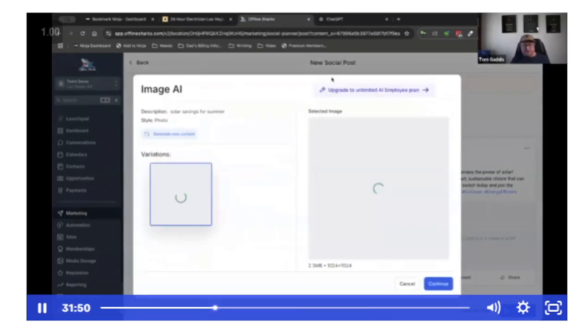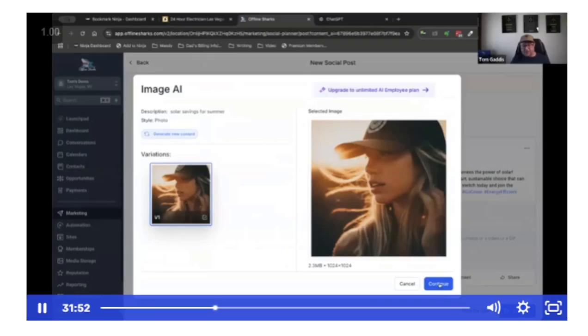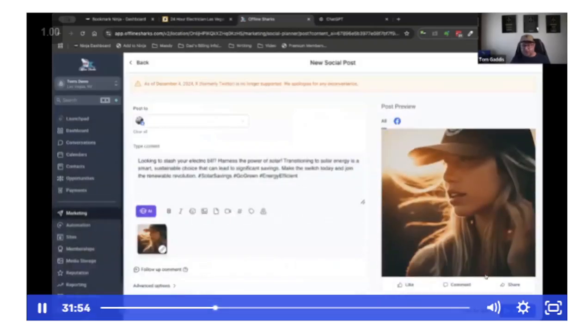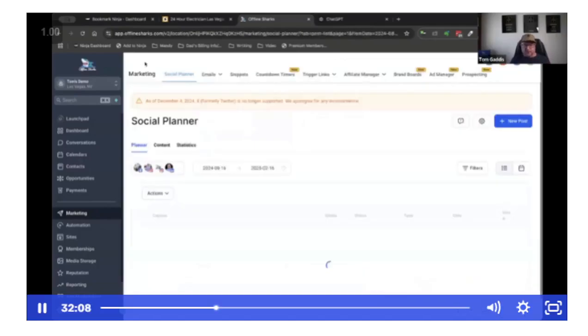And then, super easy, I can use my social planner down here to schedule this post out. I'm not going to do all that right now. But look how fast we created that post for them. And if you guys remember the VIP yesterday, we went a lot deeper into this. There's a lot of other things you can do and other ways to make money with this as well. But pretty mind blowing, right?